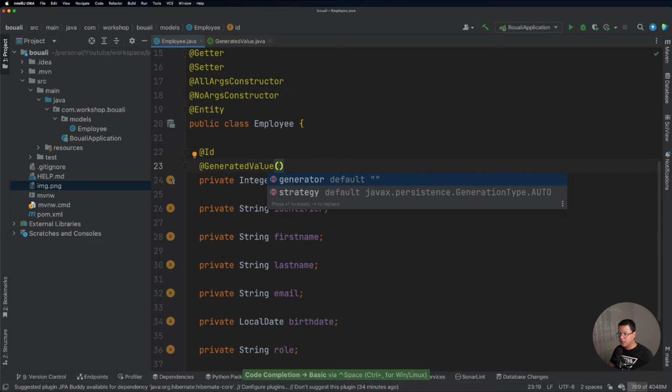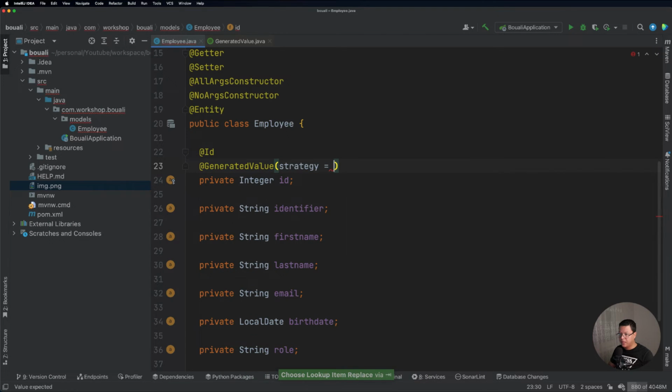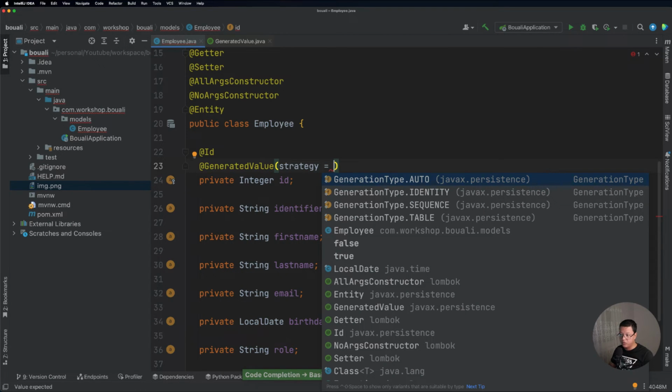So here we can provide the strategy, and here we have 4 options. The first one is GenerationType.AUTO, and AUTO means that we will delegate this operation to Hibernate or to Spring Data JPA to detect what is the best strategy to generate the ID. And this will check within the database what is the best strategy.